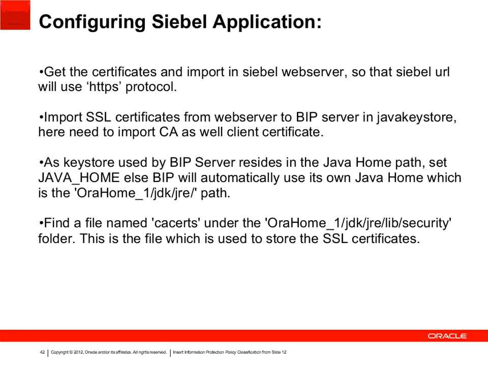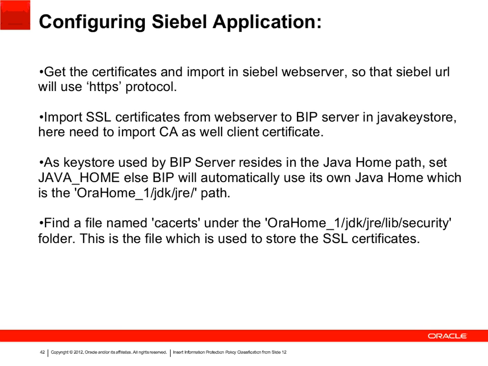So here, browser to web server communication is happening over the secure protocol. To start with, in this scenario, the first step will be to get the proper supported certificate files. Now, we will import that into the Siebel web server just to make sure the Siebel web server is using the HTTPS